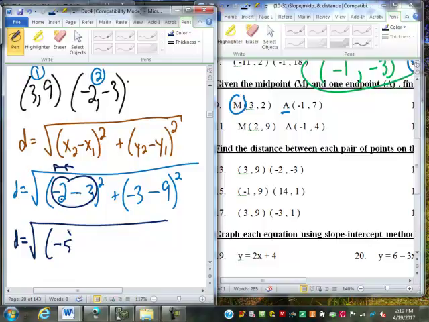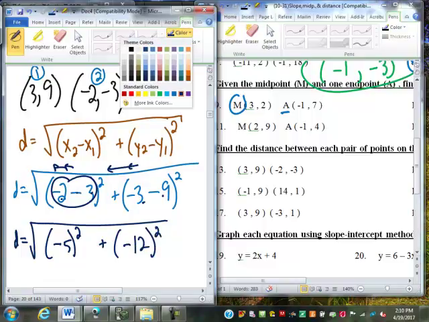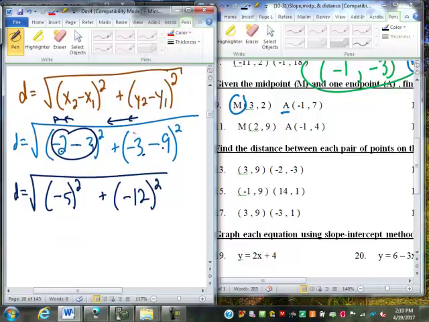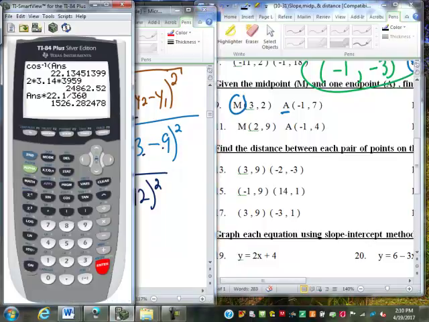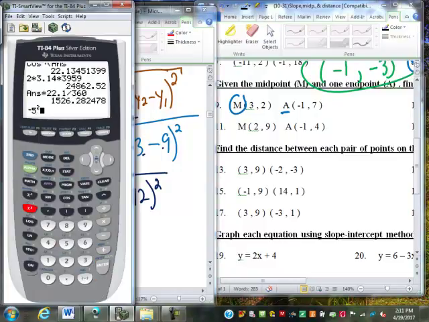Perfect, negative 5. And then what is negative 3 minus 9? Negative 12. Then we have to square those. What is negative 5 squared? Negative 25. Careful. When you do that on your calculator, if you do negative 5 and hit x squared, it's